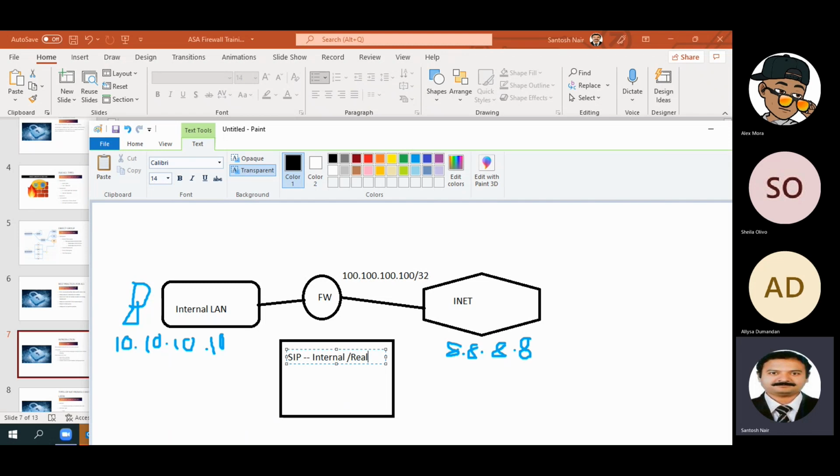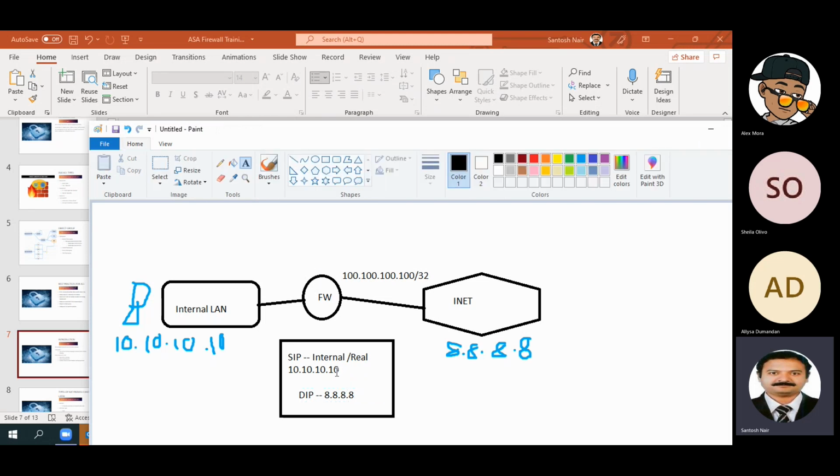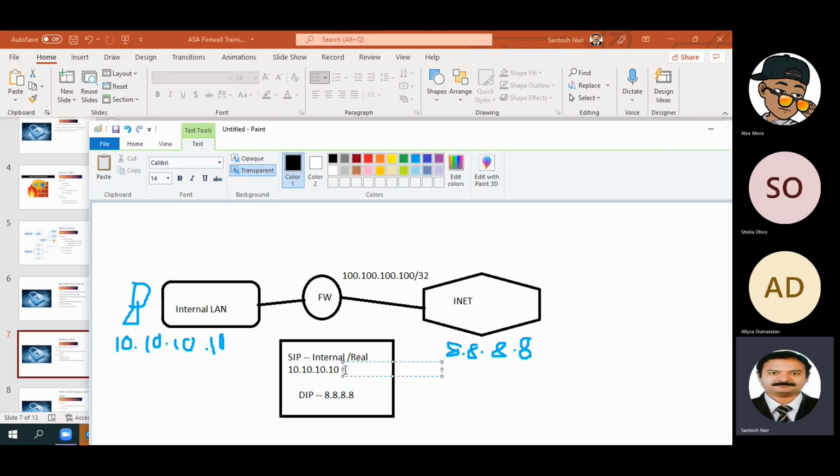So what is the real IP address here? It is 10.10.10.10. Then it will have the destination IP address, and that is 8.8.8.8.